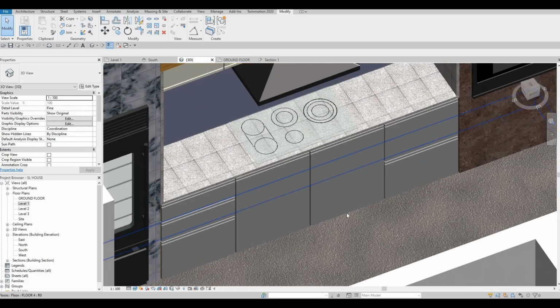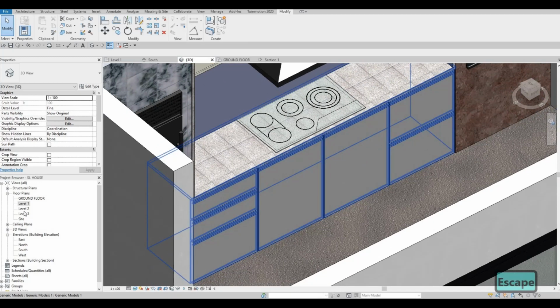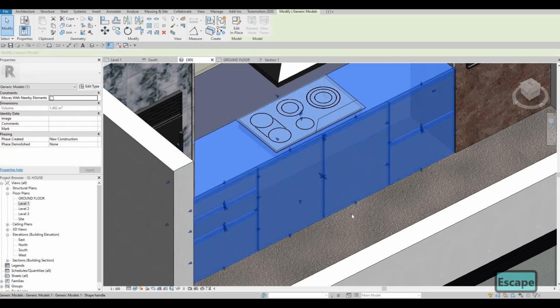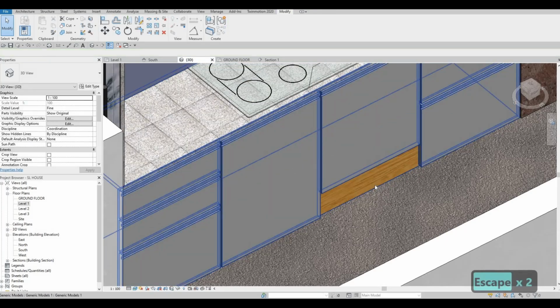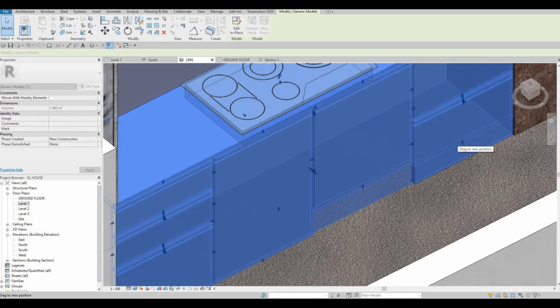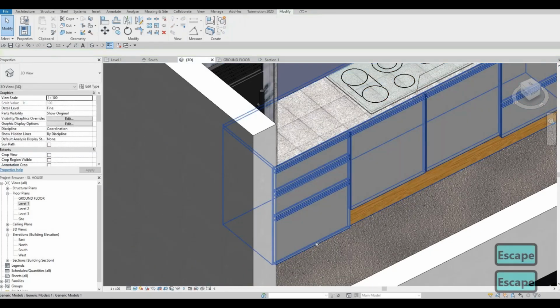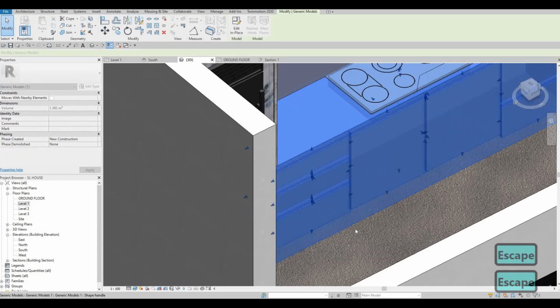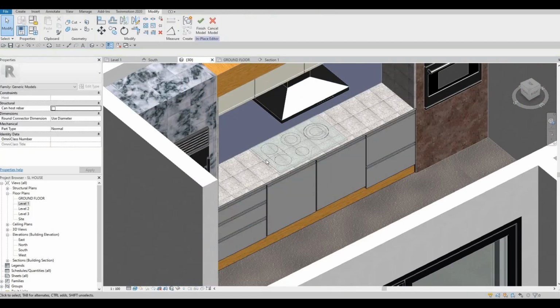One thing that we forgot to do is we forgot to create a kick plate. So what I'm gonna do is I'm gonna select this one, and then I'm going to pull this one up. So I'm just going to manually pull all of this up like so, and then we could just change that later on, because we need to create a kick plate here. So edit in place. After that,